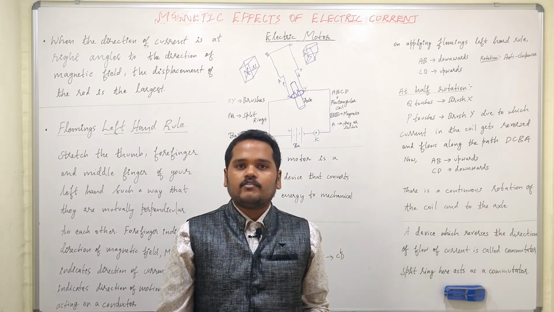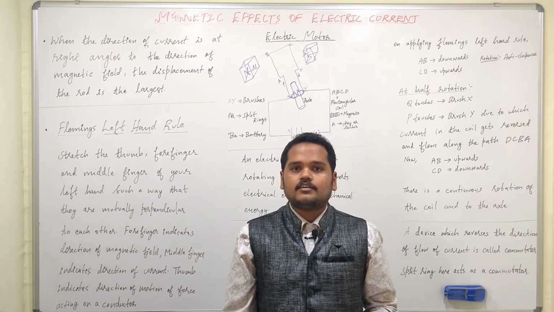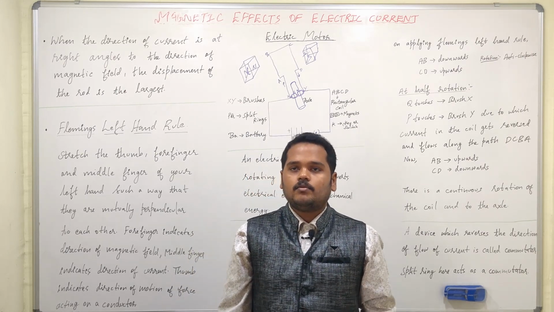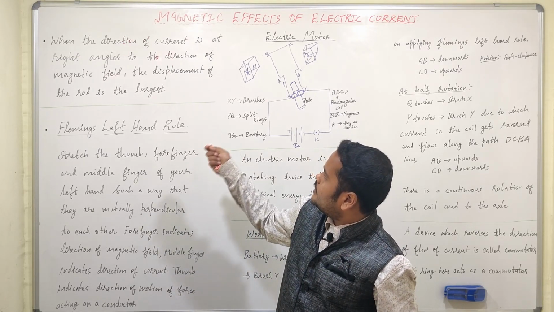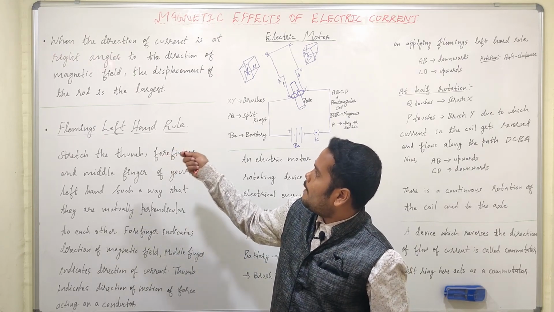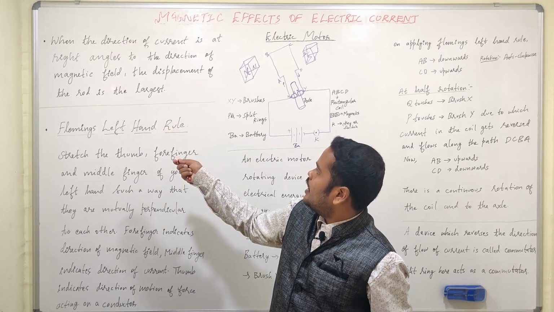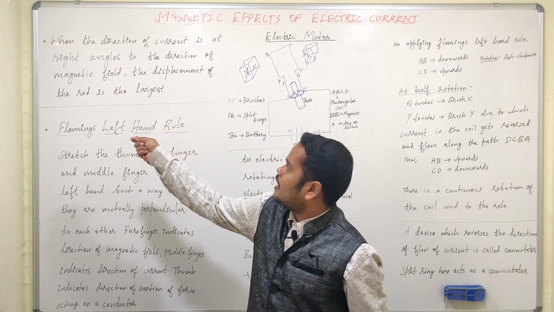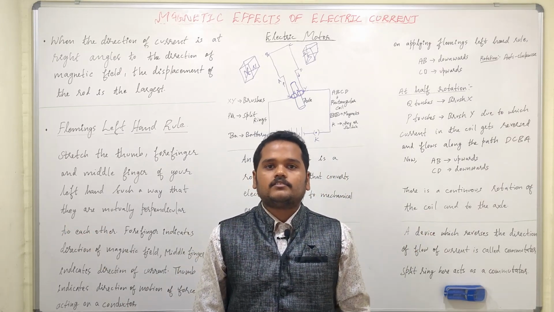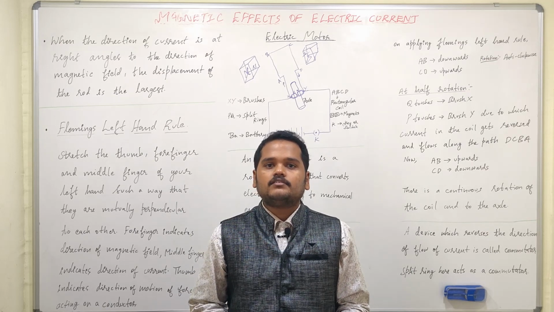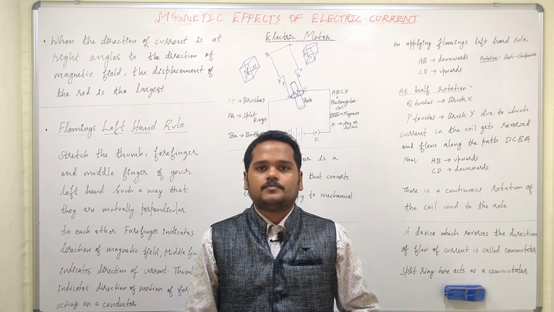As we had studied in the previous experiment, the force acting on a current carrying conductor is maximum when the magnetic field and the current are at right angles, that is, they are perpendicular to each other. When the direction of current and the direction of magnetic field are at right angles, the rod displaces a maximum, that is, a current carrying conductor displaces maximum in a magnetic field.